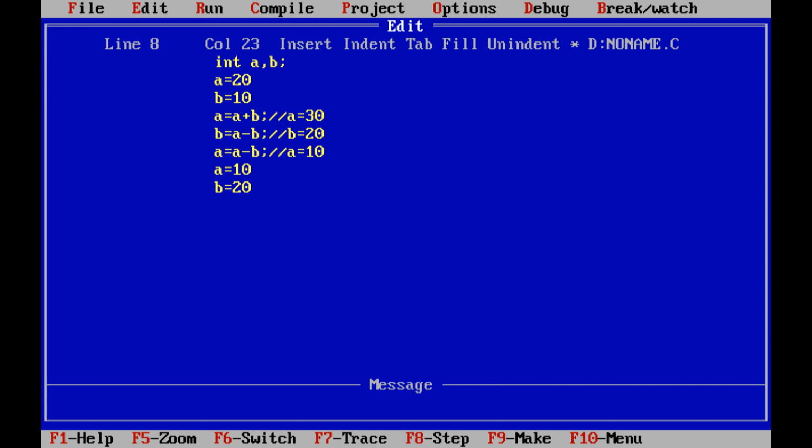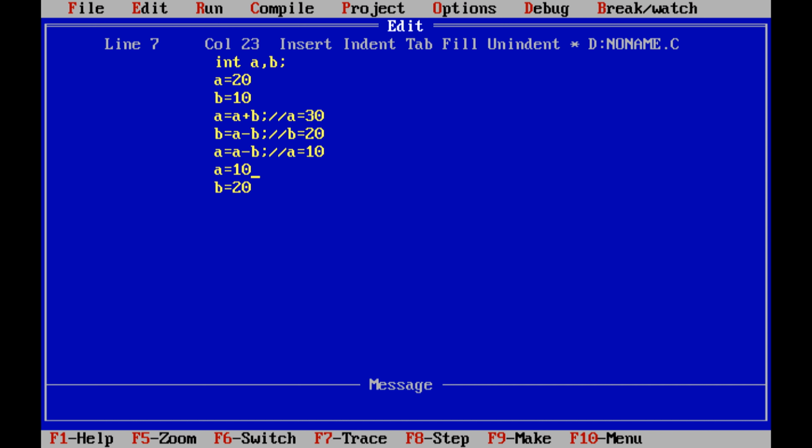Swapping is nothing but simply interchanging the values of two variables. So before swapping, A value is 20 and B value is 10. After swapping, A value is 10 and B value is 20. Here we are not using any temporary variable.